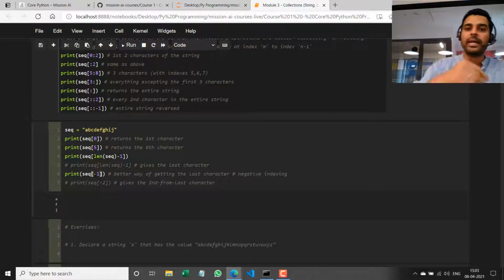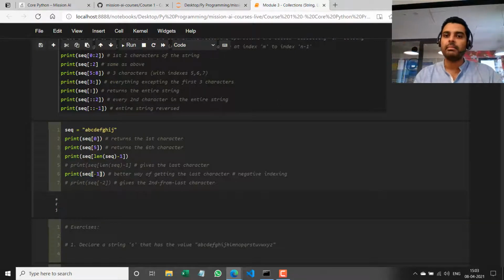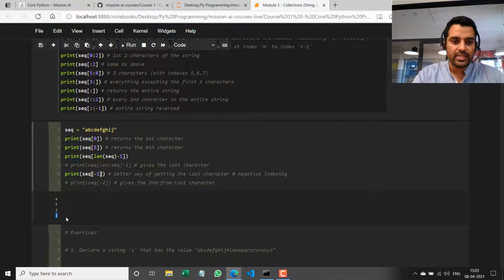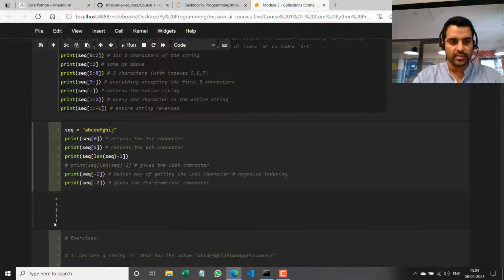So it starts from the back. So minus 1 gives you the last character, minus 2 gives you the second last character, and so on. So now if I run this, it gives me j, which is the exact same thing. And you can see this is a much easier way to write than this, right? Similarly, if I want the second last character, I do sequence of minus 2, which gives I,